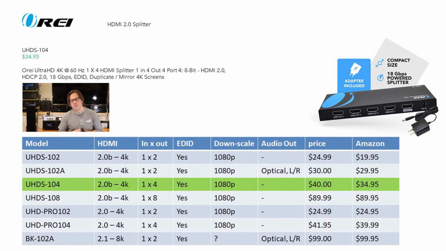A couple of models they have do audio extraction to optical and left and right audio. I didn't need that either because really that's the job of the receiver or the processor to do. Now there are use cases out there for that, but for what I'm doing as far as testing, I don't need the audio extraction. But if you have a use case, take a look at those models. So without needing the 8K, not needing the downscaling, and not needing the audio extraction, and really wanting at least 3 outputs,